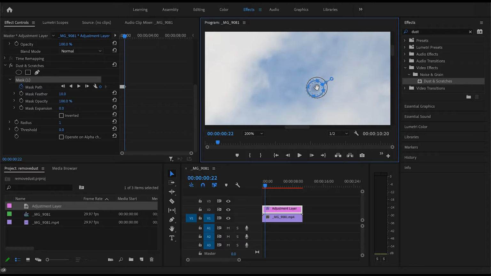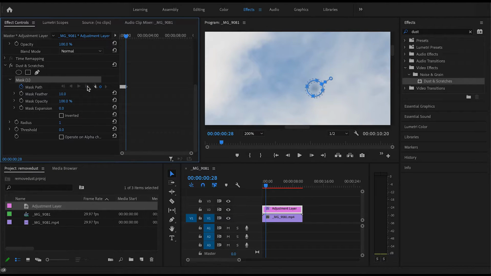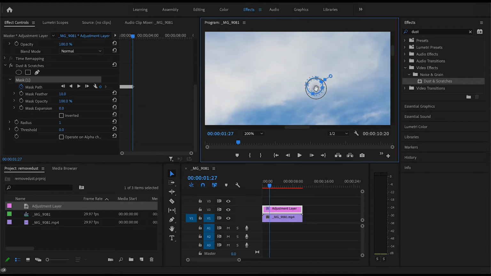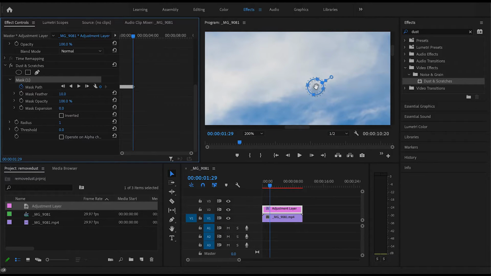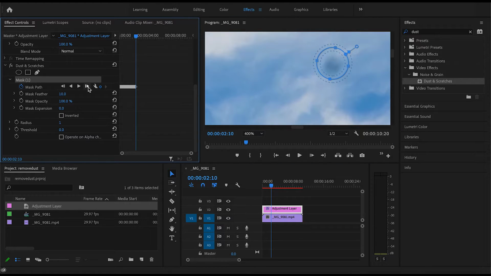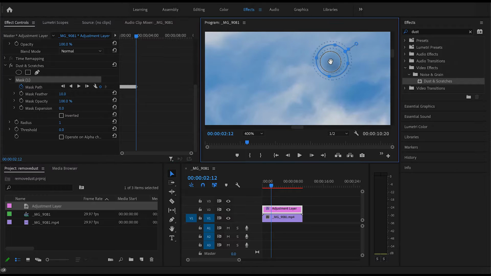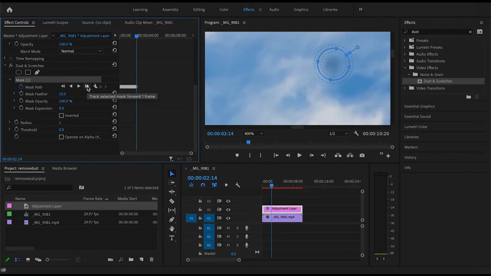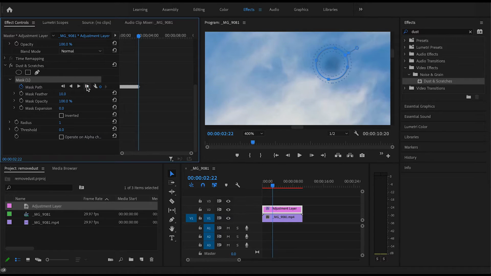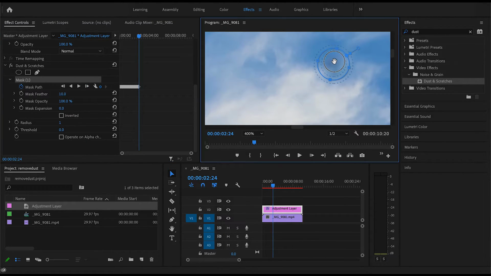And now let me explain why I told you earlier not to go beyond 15% feather. Well, if you increase the feather more, the dust spot or any blemishes that you have in your clip will be visible again. Actually, it all depends on the spots that you have in your clip. For this clip, 15% feather worked best, so I chose 15% feather. You can play around and see what percentage works best for you.